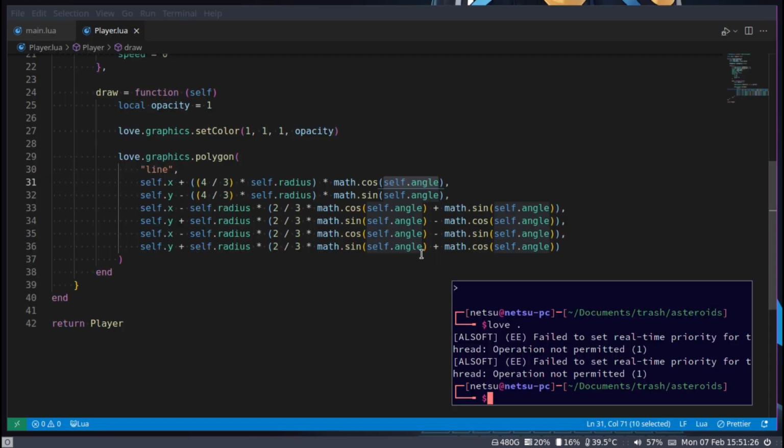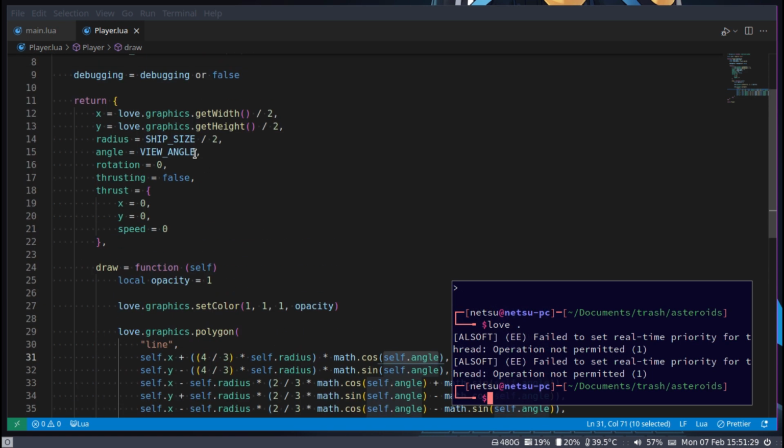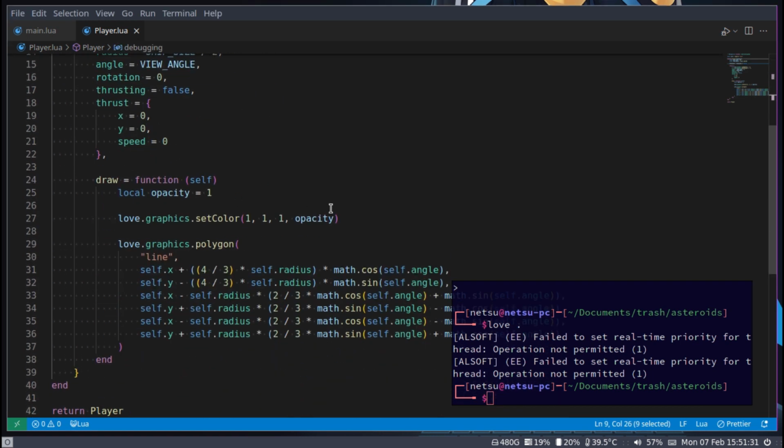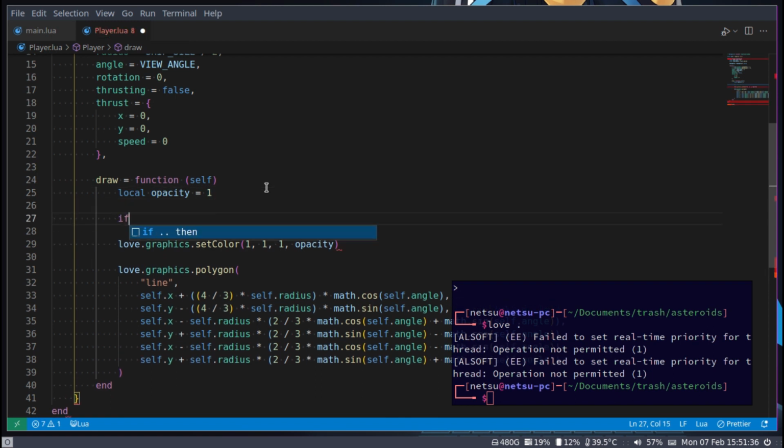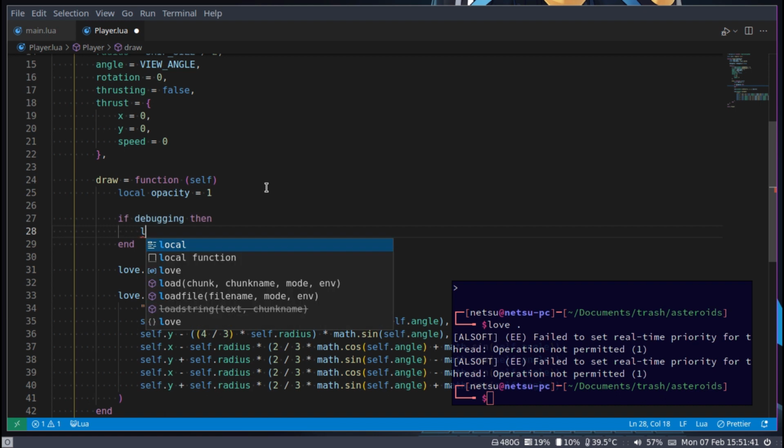We can't do anything yet, but we can draw the player. Nice. Now, we still have a debugging option, so let's quickly implement that. Right underneath opacity, we can say if debugging, then, and here we can say